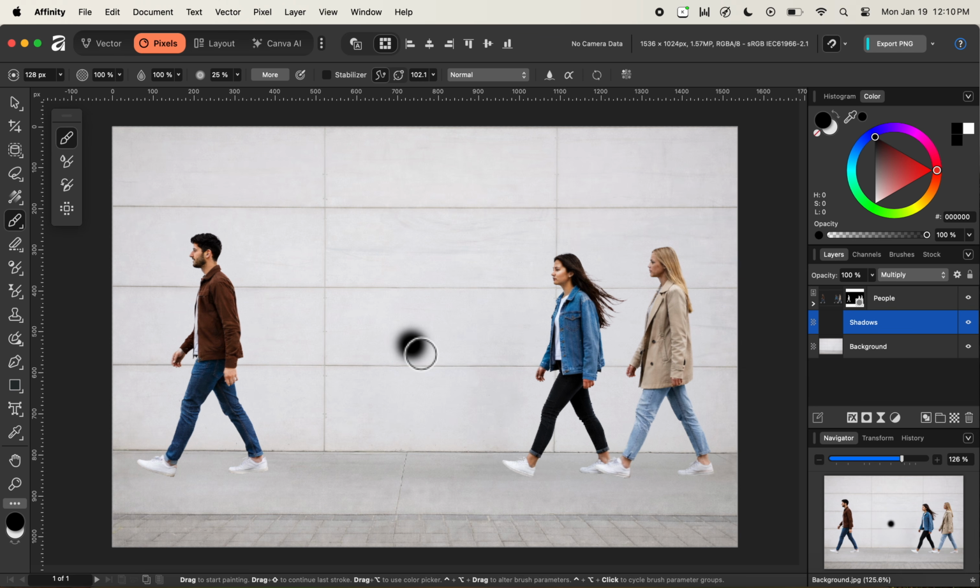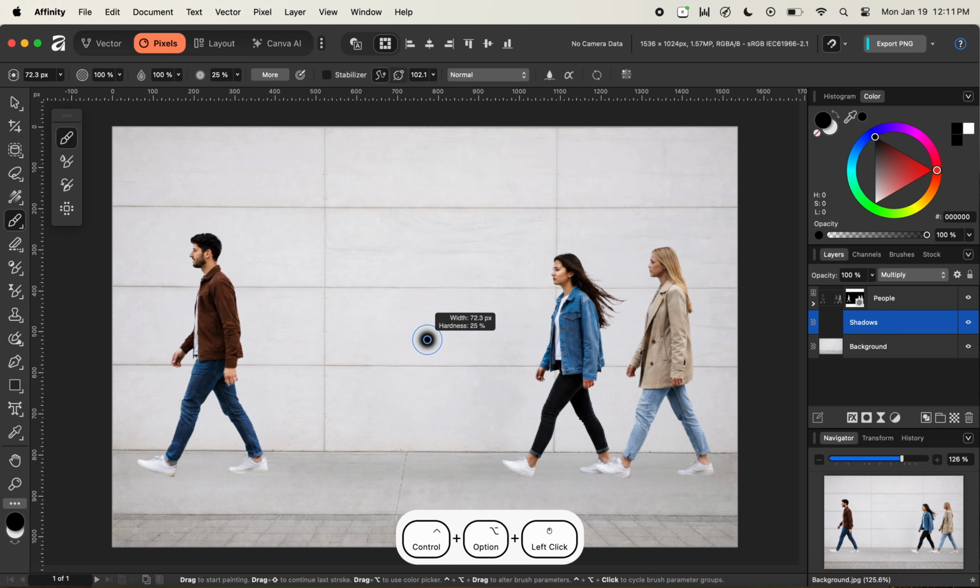So now again you can see that after we have changed our brush type, it has changed our brush setting back to the default of the brush type that we have selected. So let's again hold down the control key and the option key, and then first of all drag to the left by clicking on the mouse to adjust the size. So I think this size is okay. And again, by holding down the control and option key, let's drag our mouse in order to decrease the hardness like so. So I think a hardness of 25% would be okay.